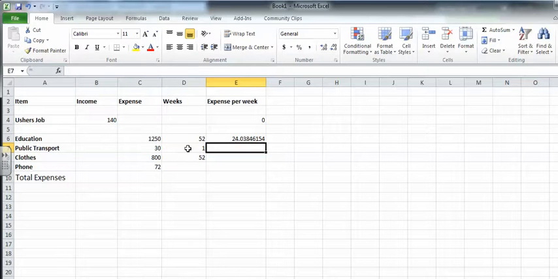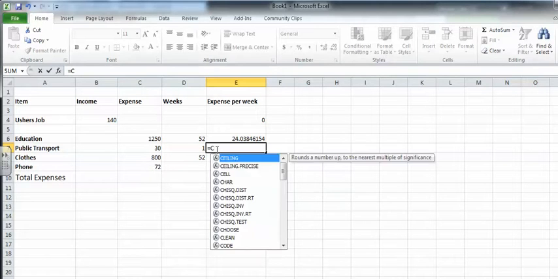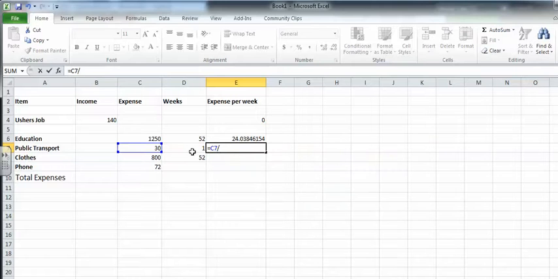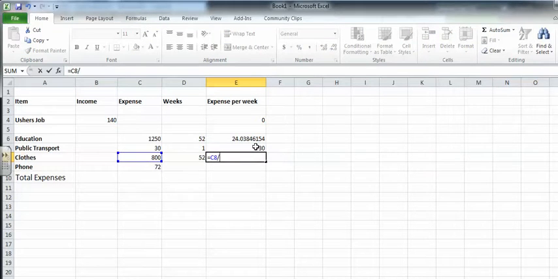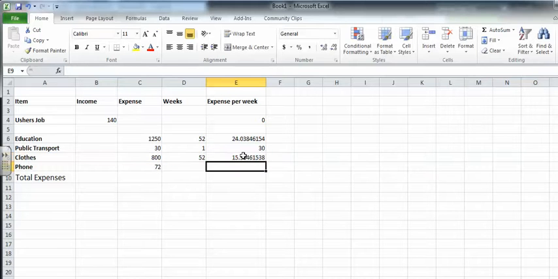I can do likewise for the next instance. Even though it's a figure of $30, I should really put that it's in C7, and I'm going to divide that by that figure, D7, 30. That way, if the expense of public transport changed, I could then adjust it accordingly. The clothes over 52 weeks. So I get hold of this cell, I'll type equals, click, and then divided by, click, enter,